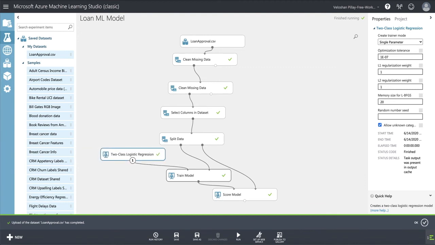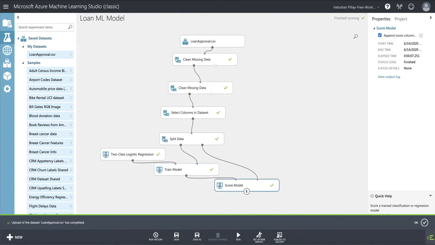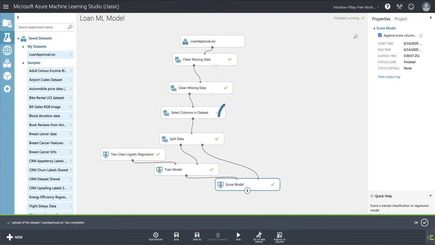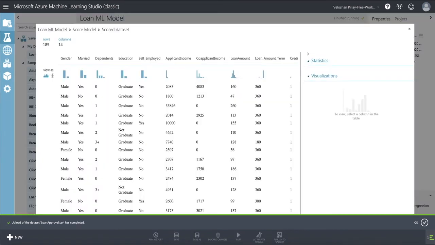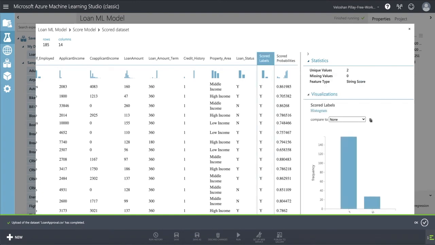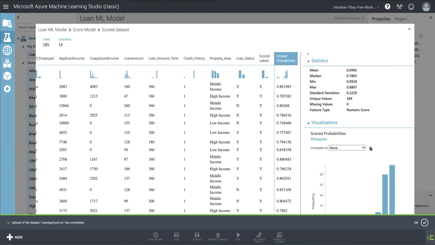It has run successfully, right? So now let's have a look at our scored data set. Let's visualize it. Okay, if we scroll to the end, you can see there's two new columns that have been added, right? The scored labels and the scored probabilities. So it's based on the data. Obviously, as I mentioned, this is a fictitious data set,